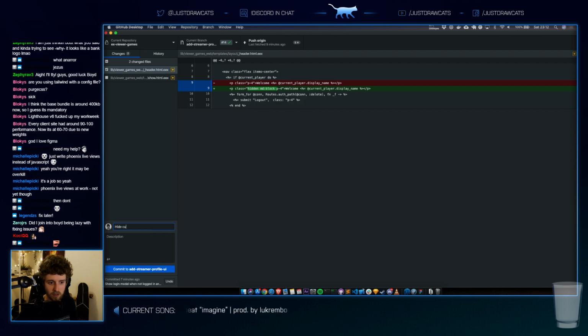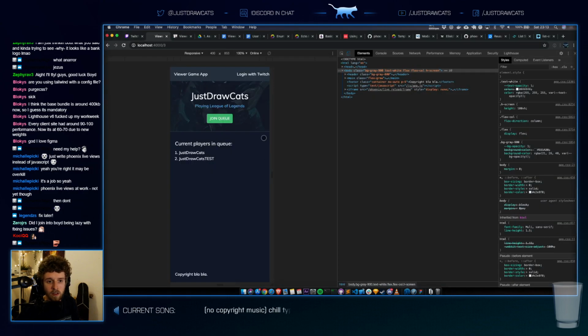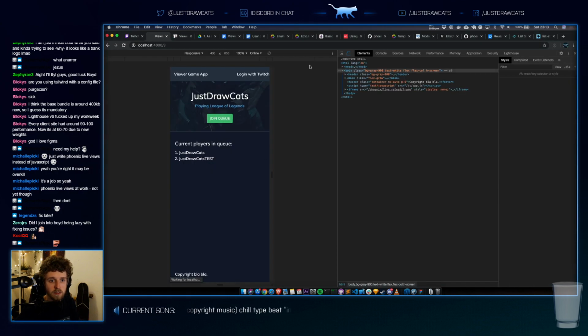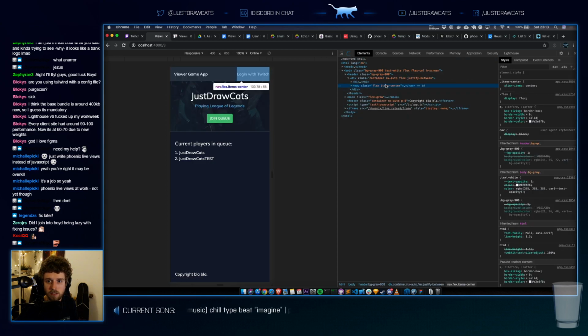Hide current user for now on mobile, and add decimals to current queue list. Why is this not padded?